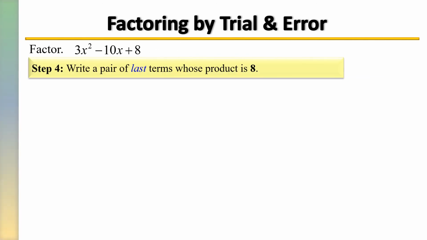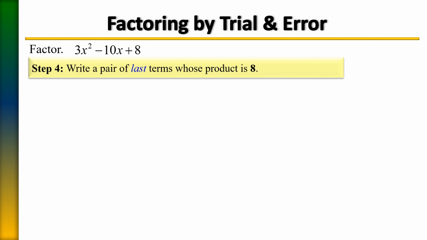So step 4, write a pair of the last terms whose product is 8. So we have to look at all the possibilities and ways of getting 8. We know 1 times 8, 2 times 4. Whenever you have a composite number such as 8, it's actually best to check other possibilities other than the one with 1. In other words, the 1 and 8 possibility, I will probably try that last. I will try the 2 and the 4 first before I try the 1 and the 8 when it's a